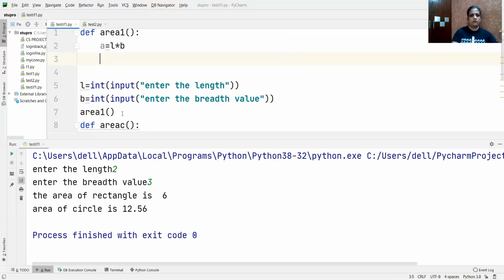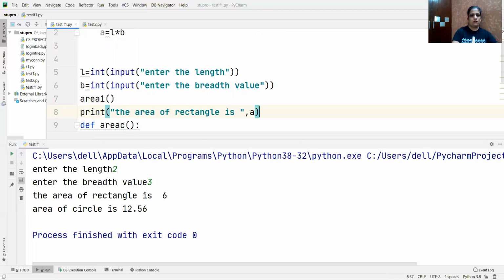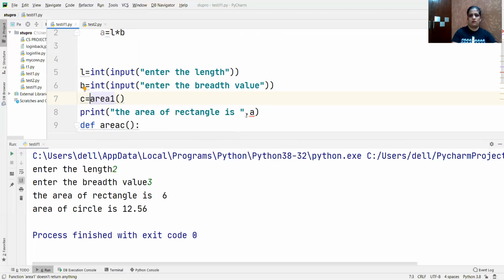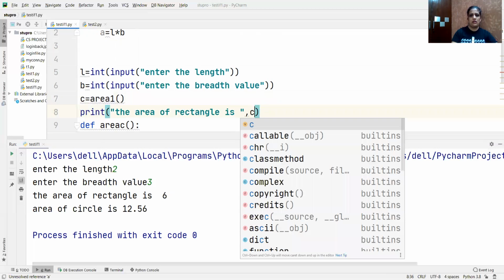This also I'm deleting from this, and let me put here, and I'll write it here. C is equal to this, and it should be C here.